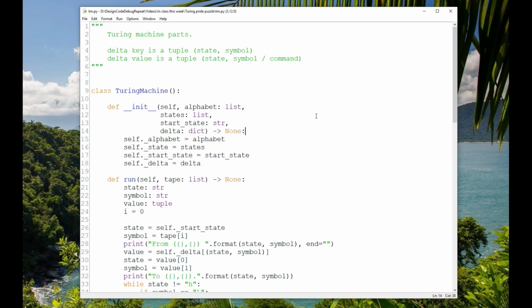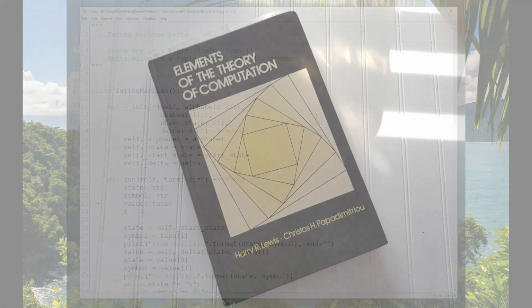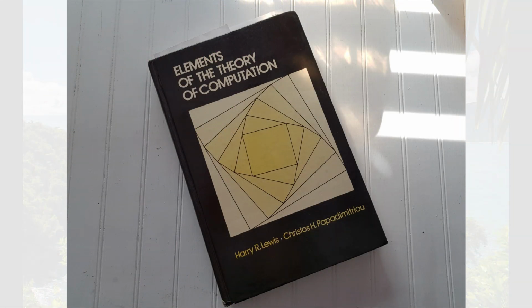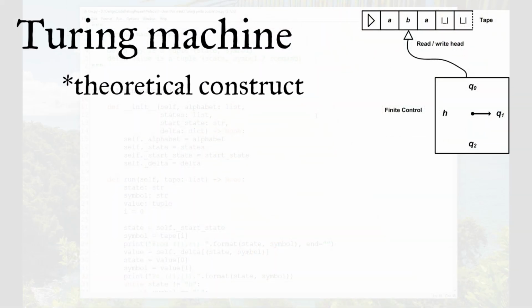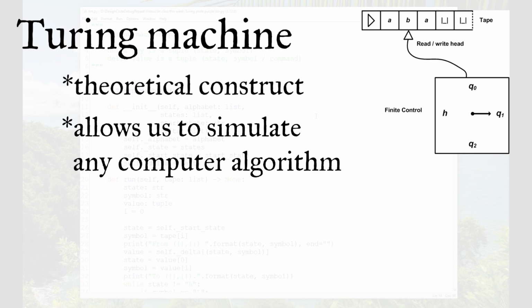Now, I'm going to reference my college theory text called Elements of the Theory of Computation by Lewis and Papadimitriou when I describe a model of a Turing machine. A Turing machine is a theoretical construct. I will put chapters in the video so you can skip this part if you already know what a Turing machine is. But a Turing machine, besides allowing us to simulate any computer algorithm, has important properties that are relevant